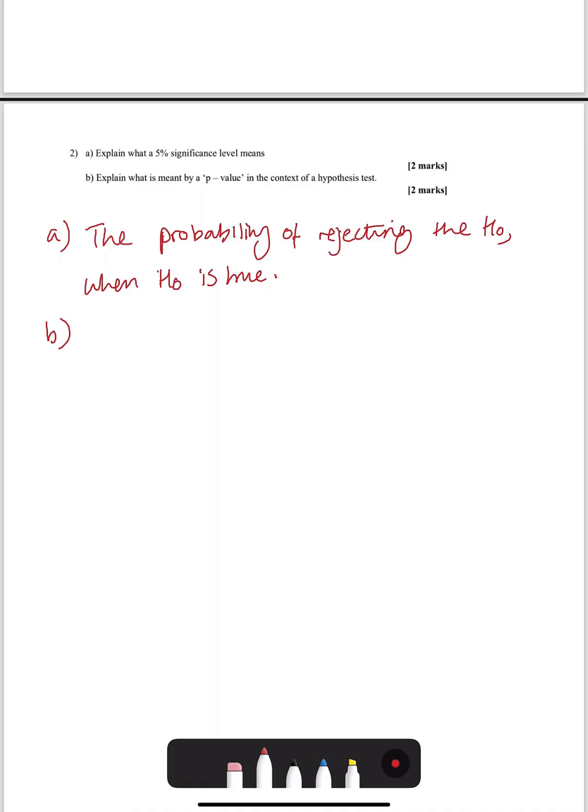Part B, what is meant by a p-value in the context of a hypothesis test? So the p-value is the probability of getting an outcome at least as extreme as the observed value when the null hypothesis is true. So the p-value is the probability